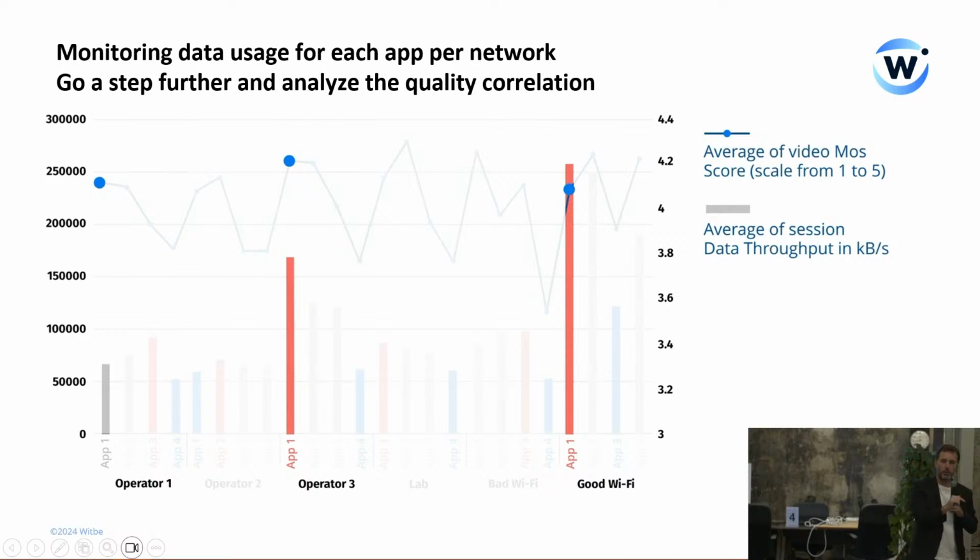But in operator 1, that's the one that is using close, except for application 4, close to the least data. So that really highlights, at least in the US, that operators are really doing some active traffic shaping and throttling in order to change the way the application will behave. Same application, same build, same phone, same location. And it's not because we were just on a very low coverage for operator 1, because you can see that